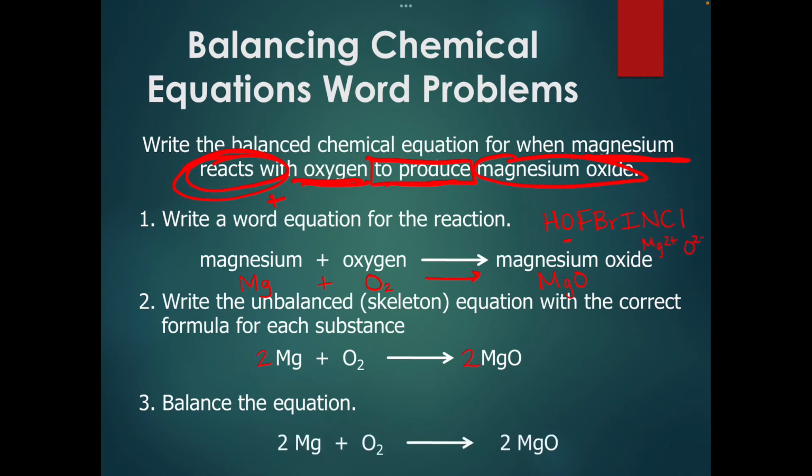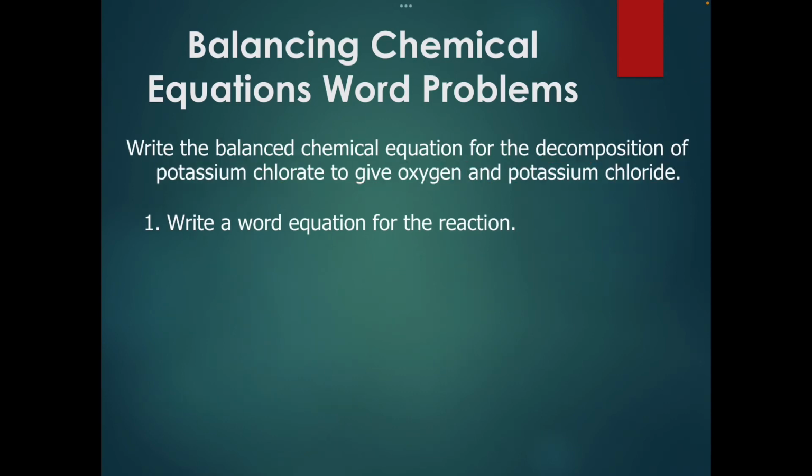So we'll add a 2 here to balance our magnesiums, and we'll get our balanced chemical equation. Okay, so this was our first example. Let's try another one. This says write the balanced chemical equation for the decomposition of potassium chlorate